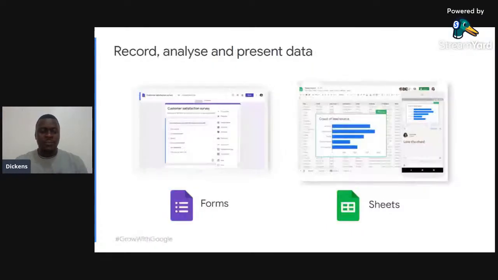So I've looked at forms and sheets, and I've shown you how you can use forms to collect information and then just convert this information into a presentable workflow. All right. I've also shown you how you can use docs there. Very easy. There are different tools that I cannot go through now, but ladies and gentlemen, the features that come with Google Workspace are different and key features that you can use as a business just to easily collaborate within your space.